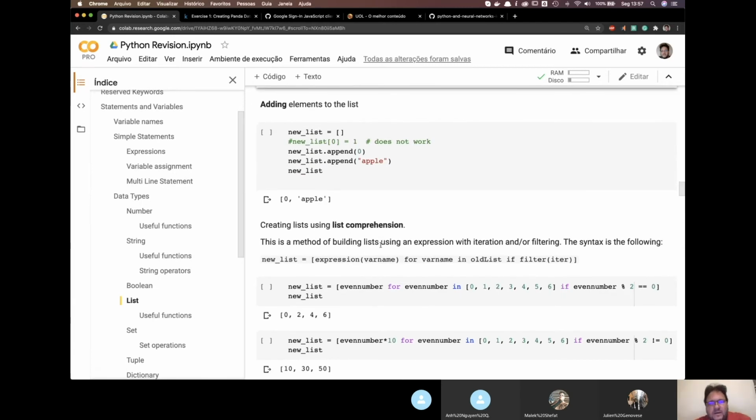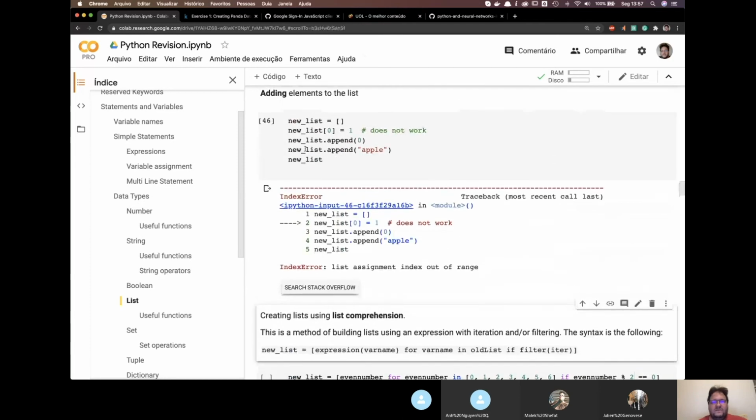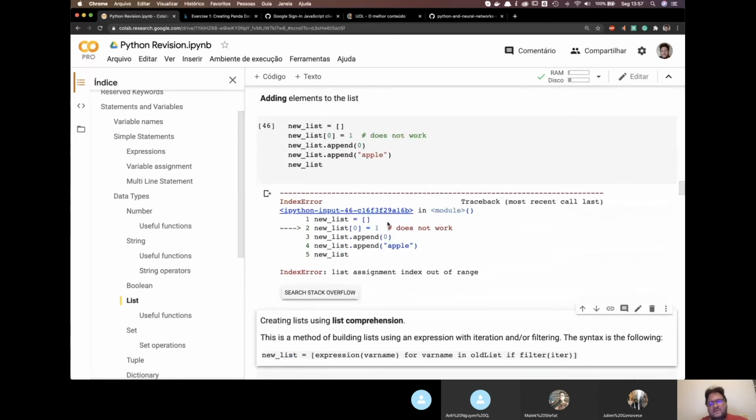If you want to add elements to the list, you can do it in several ways. Here we start a list with a new empty list. One interesting thing is that if you construct an empty list and try to assign an element to a position,